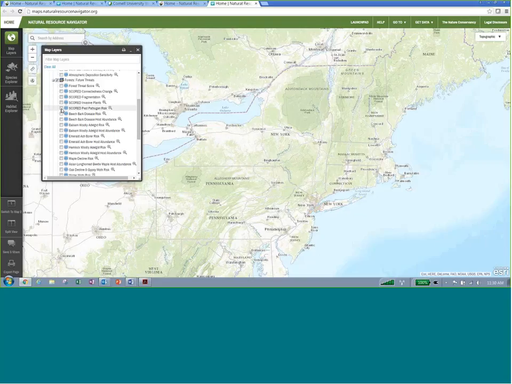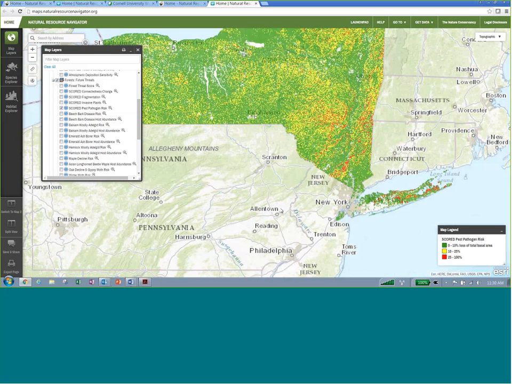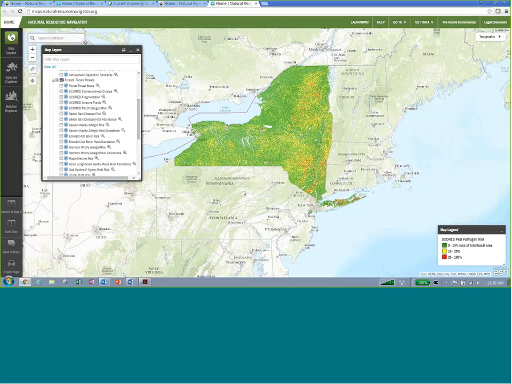When we think about pests and pathogens specifically, and this is based on a list of 8 pests and pathogens that were developed looking at the literature, kind of which ones are most likely to be causing harm to our forests. The USDA already has models of the potential impact of a lot of pests and pathogens, and so we drew on that data to basically show the probability of loss of basal area due to the combination of all of these 8 pests and